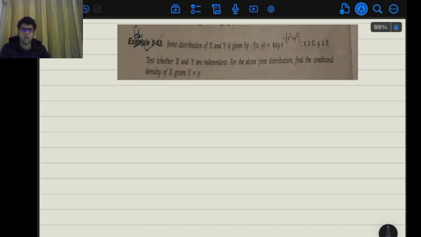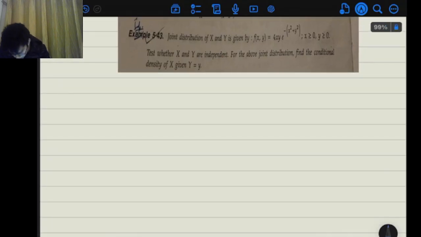So this is our question. Now I'll be just starting with the solution. The question says that we are given a joint distribution, right? So the joint distribution is